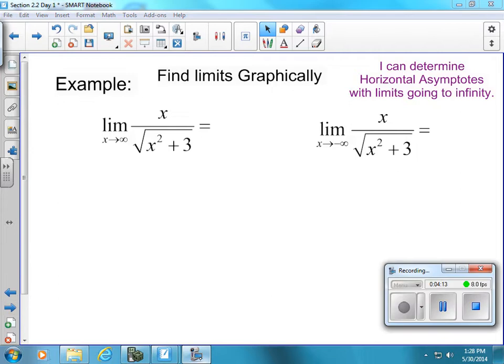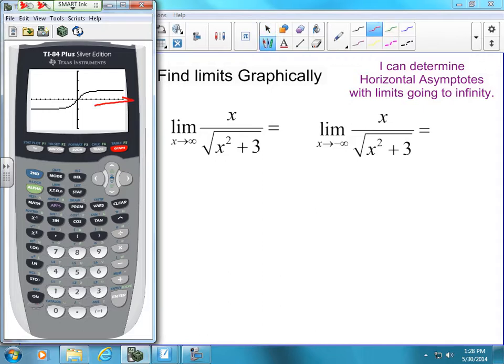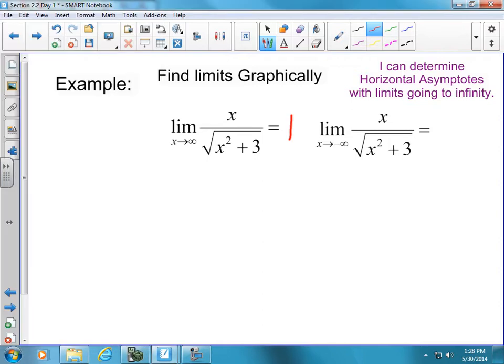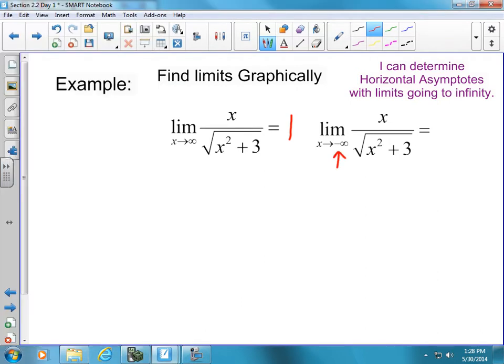Okay, so graphically, we're going to look at this equation, and by graphically I mean take out your graphing calculator. We put in x over square root of x squared plus 3, we graph it. And I also changed the window on here of the y values from -3 to 3, just so that I could see the graph in more detail. So as x goes to positive infinity, this y value, remember limit is always a y value, is equal to 1. As x goes to negative infinity, gets smaller and smaller and smaller, the limit of this function is going to